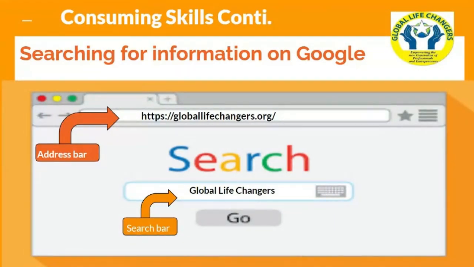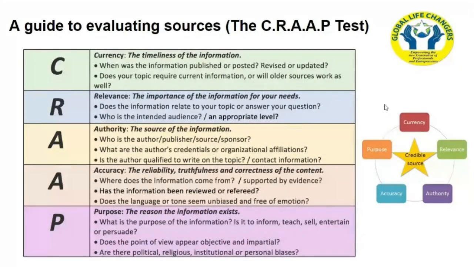Now, why is it important to validate the sources of information? As I said, as part of the consuming skills, after being able to search for information online, you need to be able to validate it to be sure that the information that you are consuming is accurate and reliable. So why is that important? You should always critically evaluate a source to test its credibility and accuracy before using it in order to be sure you are supporting your argument with correct and credible information.